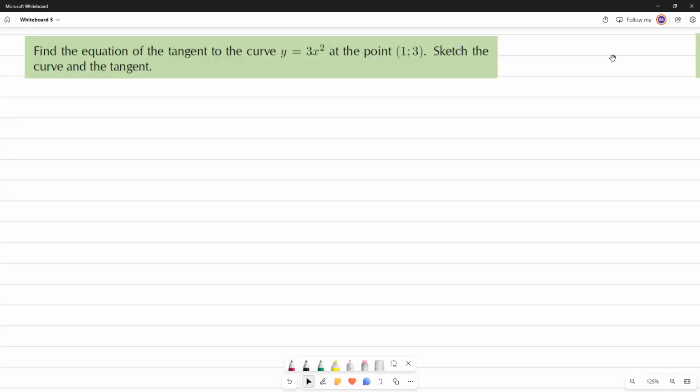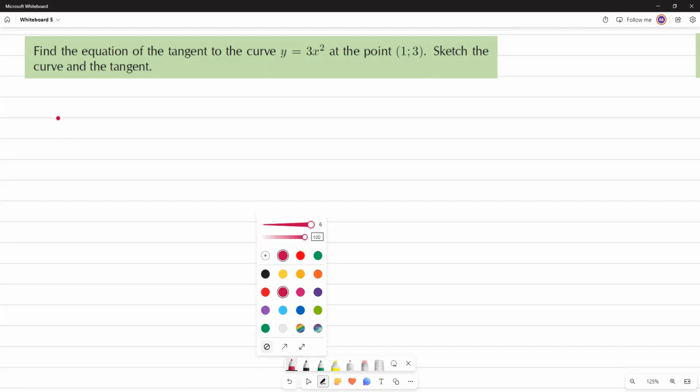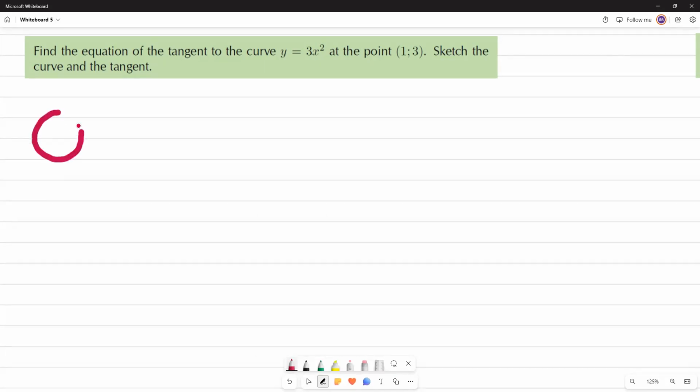In this video, we're going to be looking at the equations of tangents. But before we start, let's recap what a tangent is. Let's have a circle here, which is curved in nature, and then there's a point here, and then there's a straight line passing through